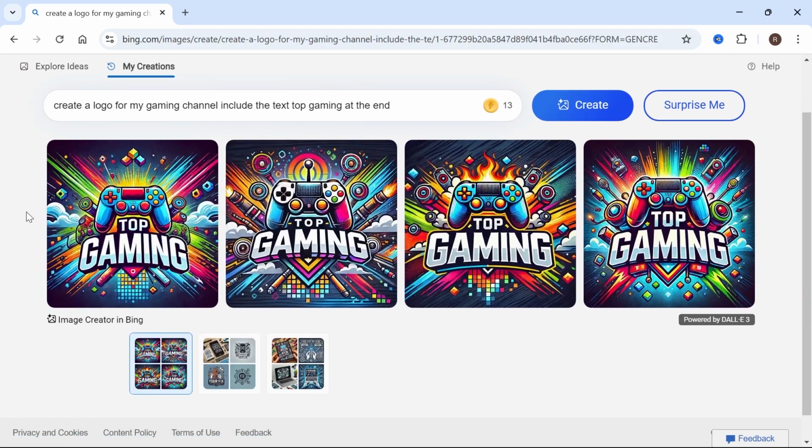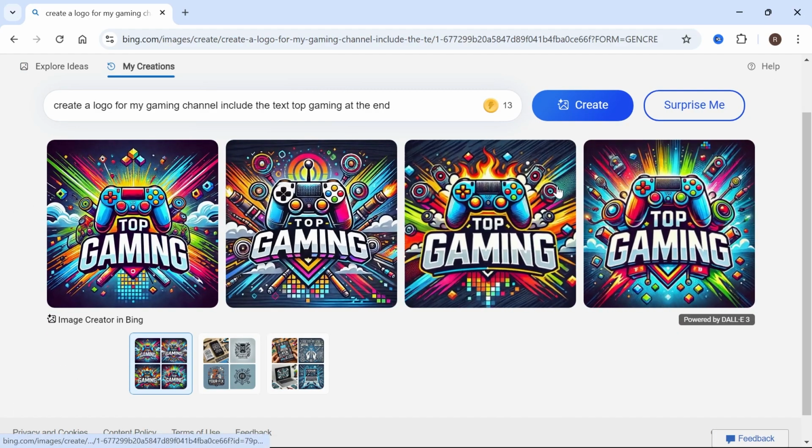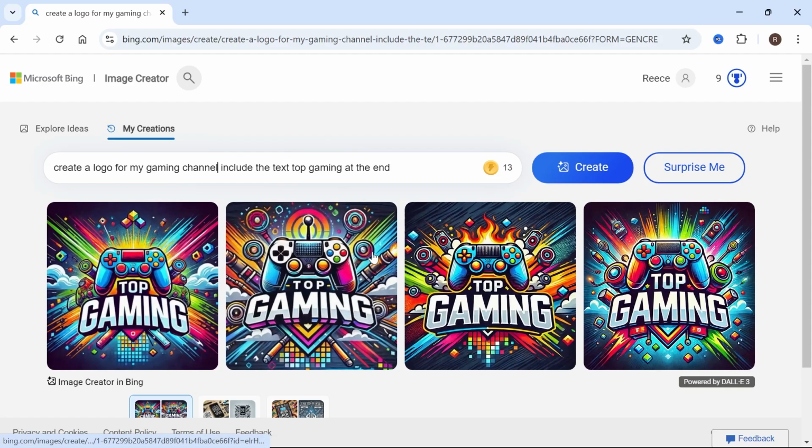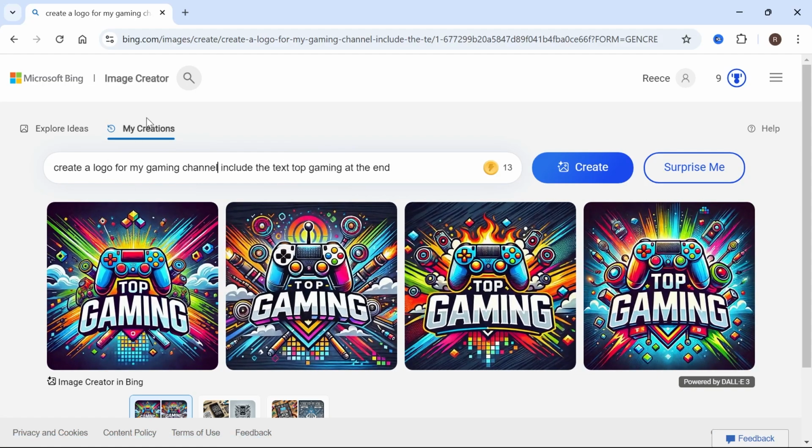So you can see now it's generated all of these potential logos for our business. Now really the quality of these images depends on the information that you're feeding the tool. So you just need to be as specific as possible within the prompt to achieve the kind of results that you're looking for. So for example, if I wanted to use neon colors in this logo,